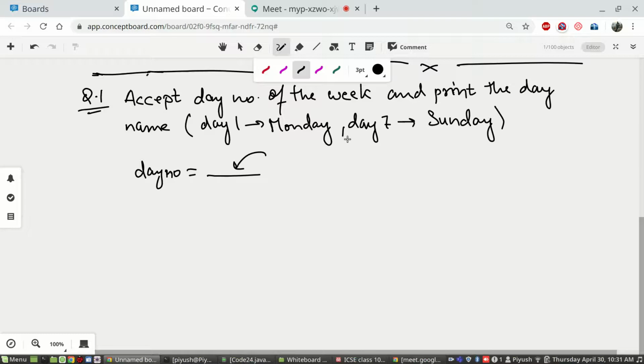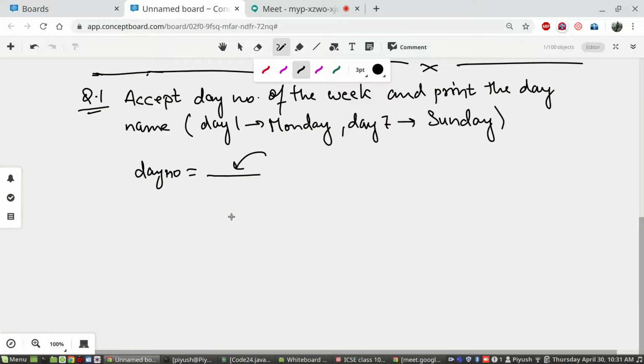You have to print 7 different outcomes. If the user enters day number 1, you will print Monday. If the user enters day number 2, your output should be Tuesday, 3 Wednesday, 4 Thursday, like that.